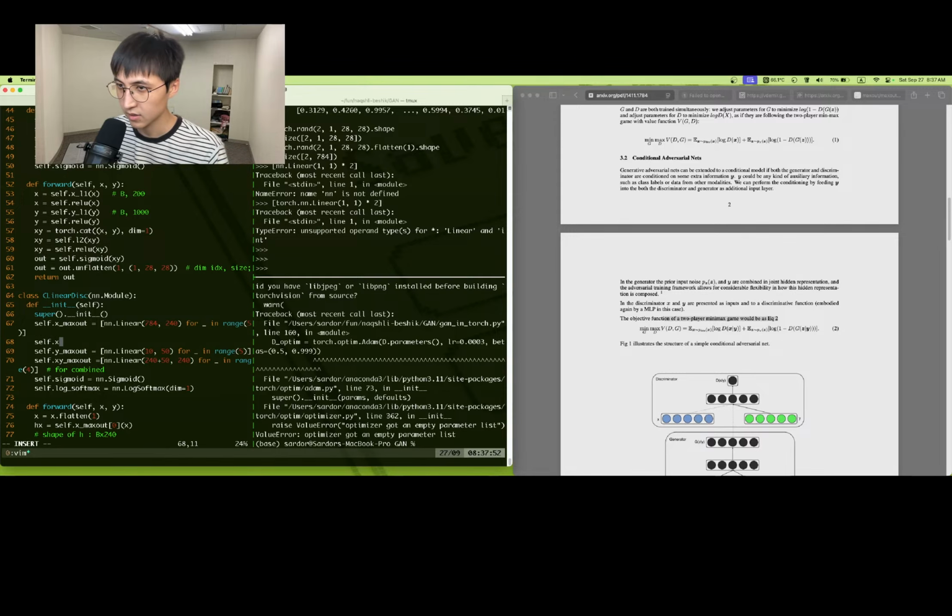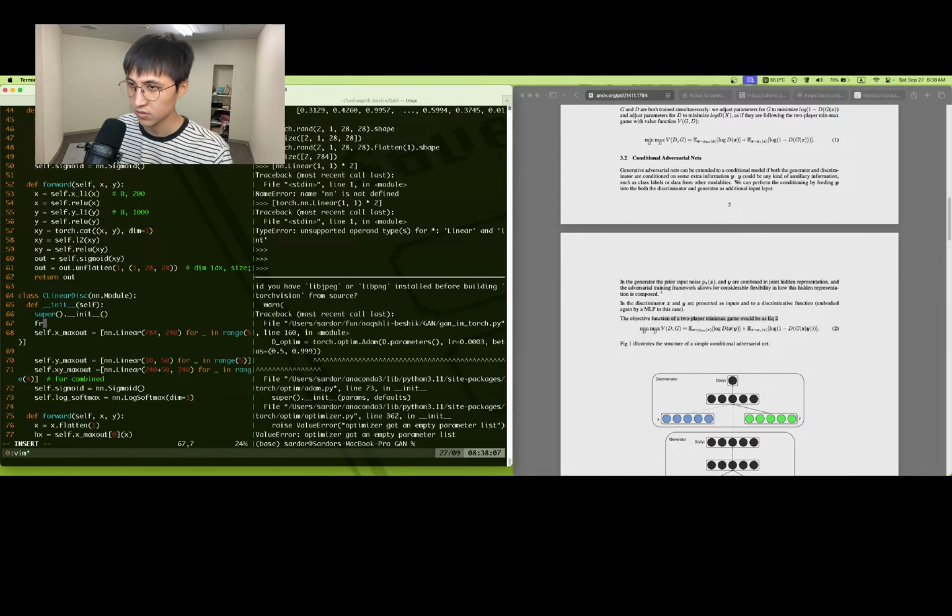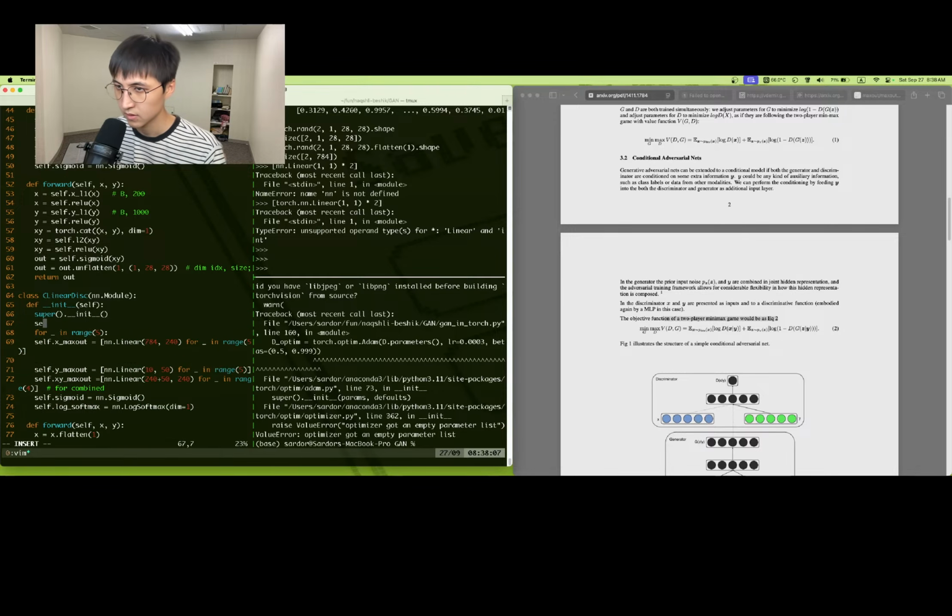It will be something like x max out 1 equal to nn dot. I mean, let's not make it that much stuff. I can say for in the range 5, as we said. Self x max out equal nothing, and then